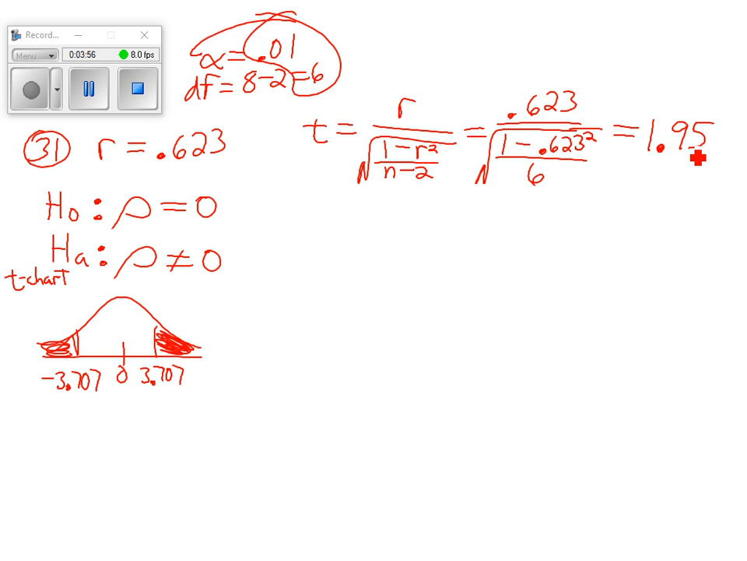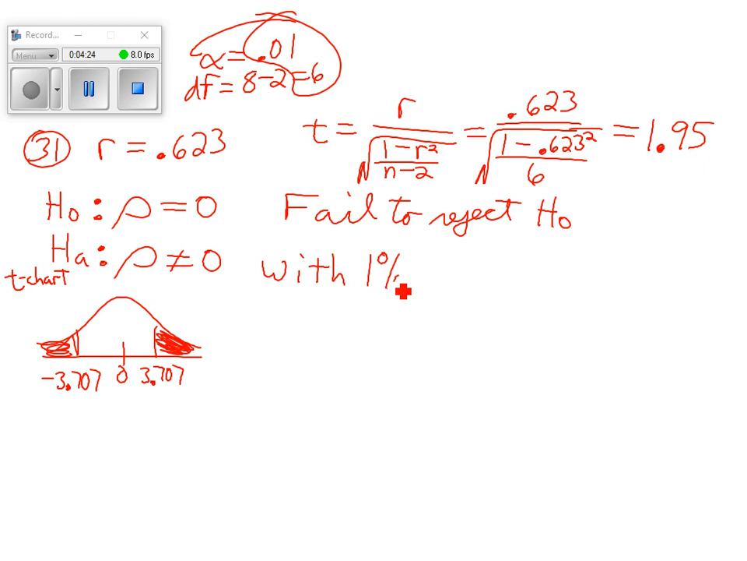We look at that and decide whether to reject or fail to reject. Do we reject the null or fail to reject the null? Fail to reject. And once we do that, then we write out our interpretation. Our interpretation is going to start off with